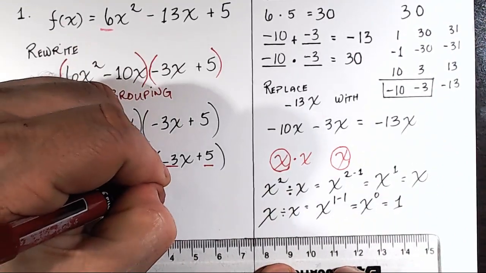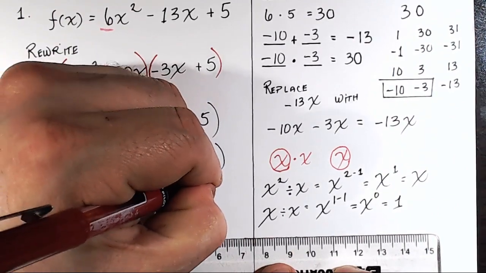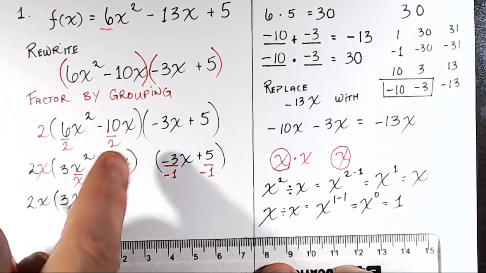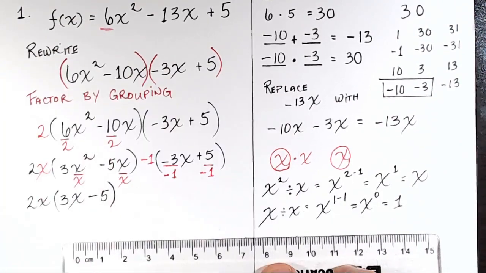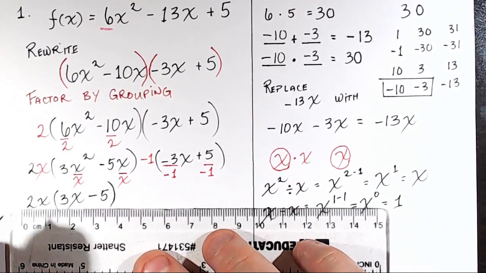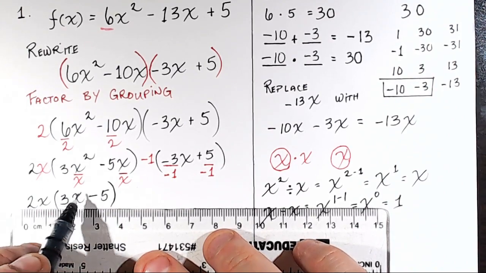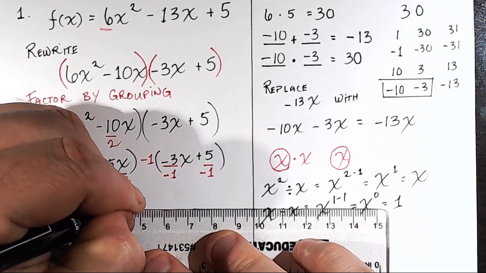Just the numbers. So divide by negative 1 and divide by negative 1. And to keep this expression in balance, I'm going to multiply the whole thing by negative 1. Okay, and now let's rewrite. Down on this line now. So I have 2x, open parentheses, 3x minus 5. Now over here I have minus 1,